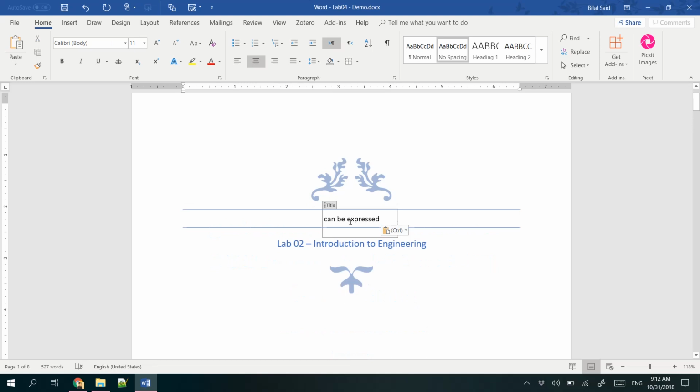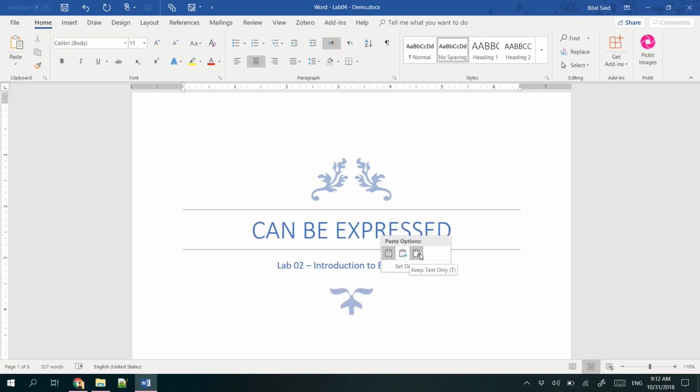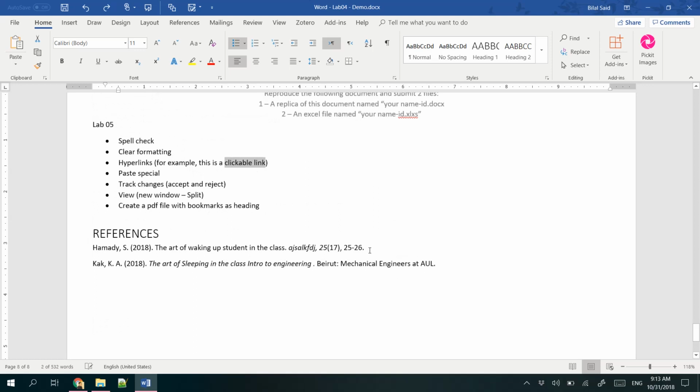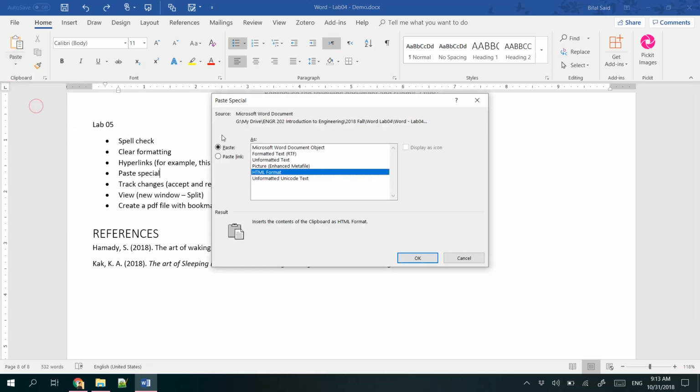You notice that the format will be changed, so I can use this paste option or paste special options to say I want to keep the text only and merge it with the currently used formatting on this page. Okay, so I can use Ctrl+Z to get back to the original state, and know that you can also use the Paste Special option from the beginning to do this. Otherwise, you also have the Paste Special menu where you can paste a piece of text or an image or whatever source,